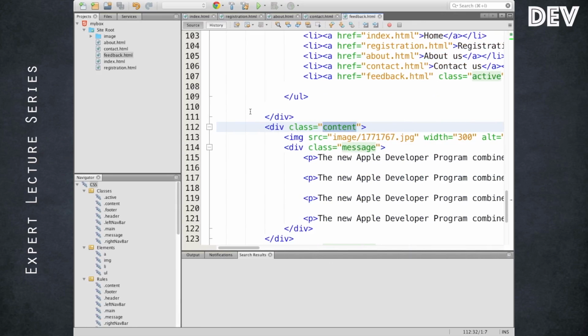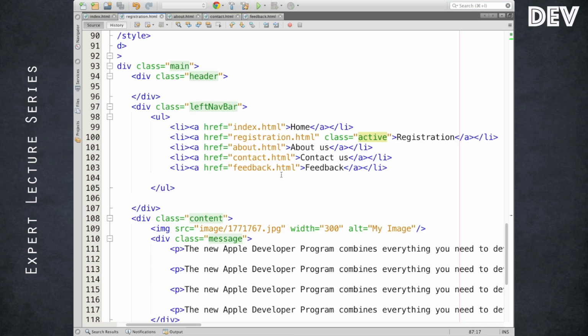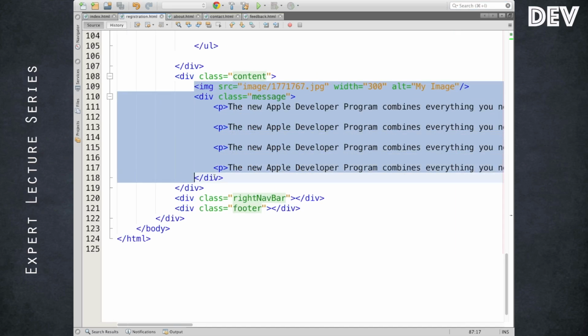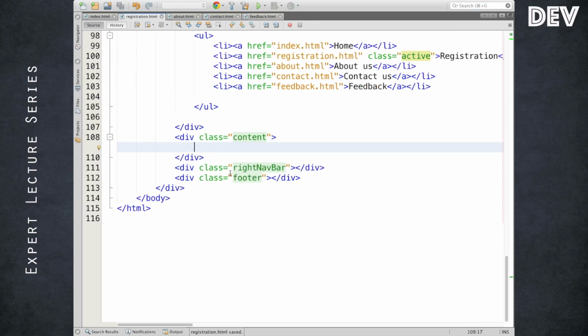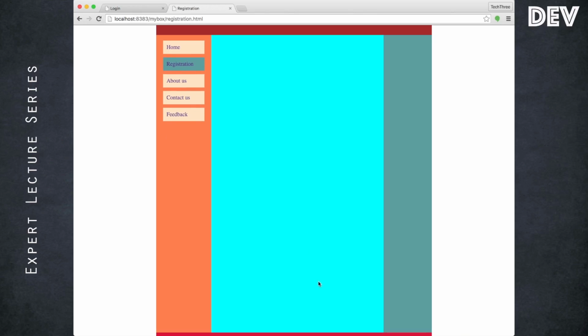So fine, let me empty the content for a registration page. So here I would like to put a heading and a form. We'll put a form with various input fields having the type attribute value set to various things like text, password, radio button, checkbox. We'll try them, and of course handle the events through JavaScript, that also we'll work on.